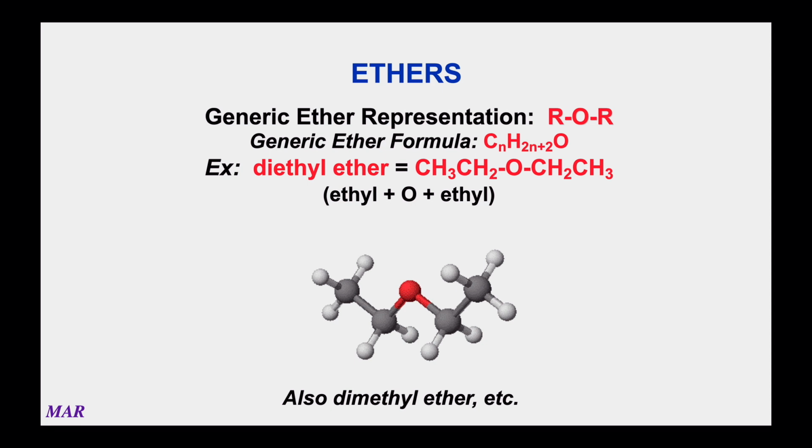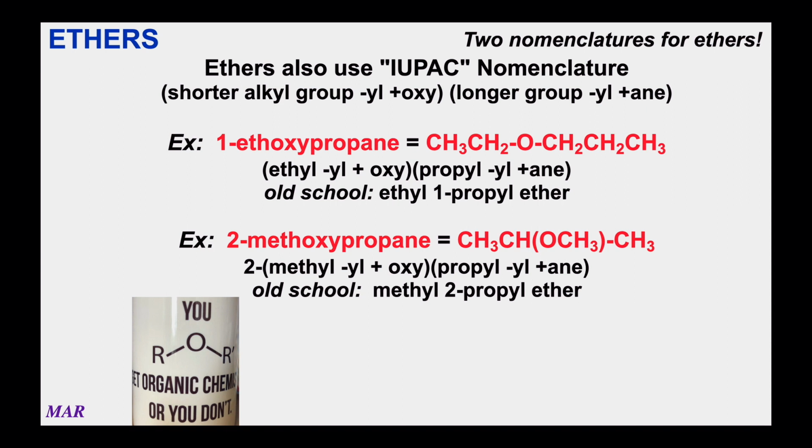Anyway, ethers, dialkyl ether. All right, so you could have dimethyl ether, which would be an oxygen with a methyl, CH3, on both sides. You could have all different compounds as you go through. However, when I first started teaching organic chemistry in Chem 222, and I asked for feedback from people that went on to organic chemistry, they said, "Oh, Russell, you've got to start talking about the other way of naming ethers." And I was like, "Oh, cool, that's good." So if you ever run across something and you said, "Oh, Russell should have talked about this," you should definitely let me know, and I will try to change my lecture notes as I am right here.